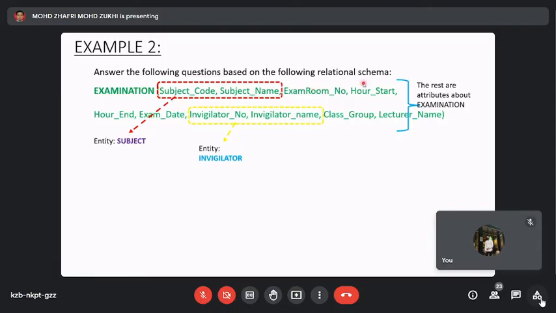Exam room, our start, our end, exam date, class group, lecture. So we know this must involve the above exam. So we put examination. Okay, now we have